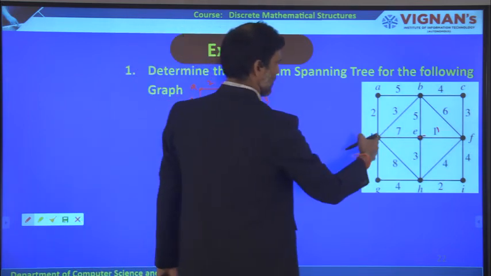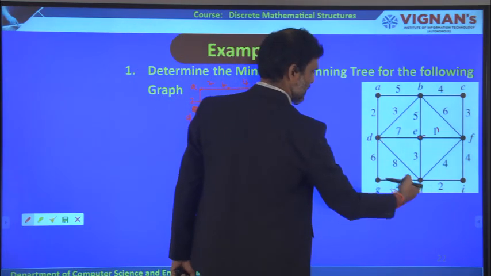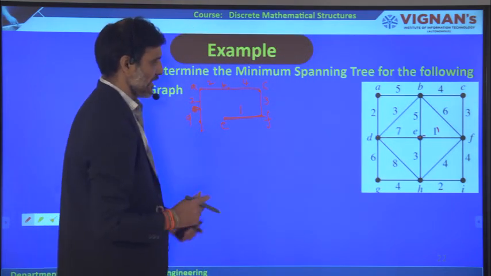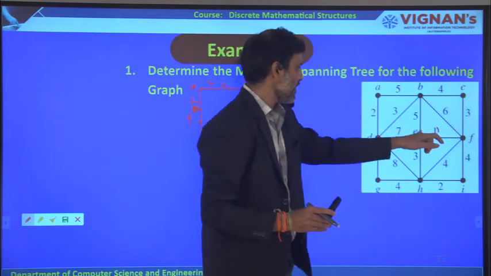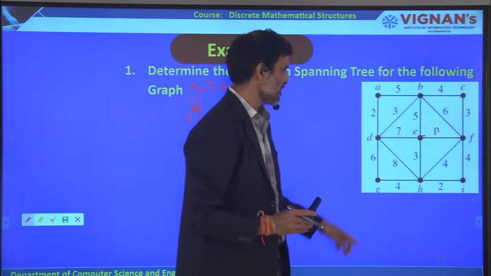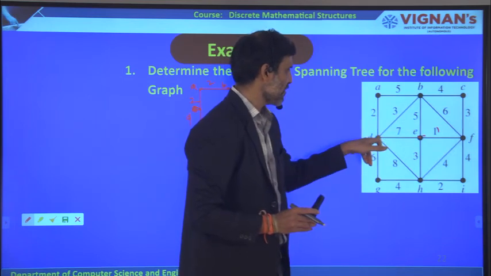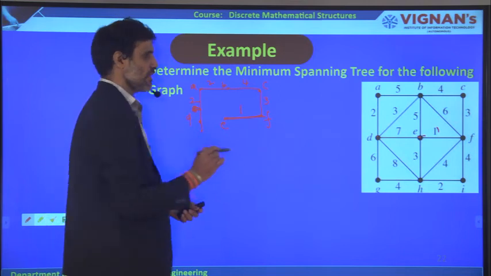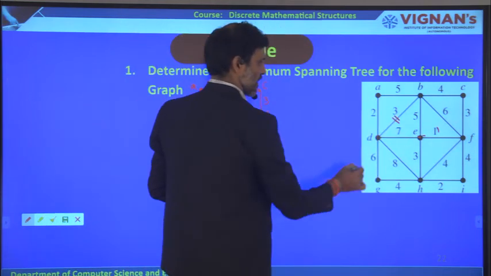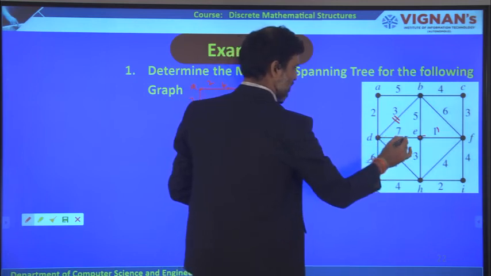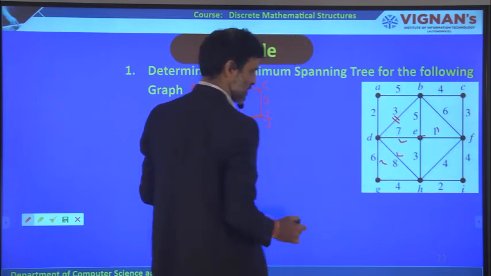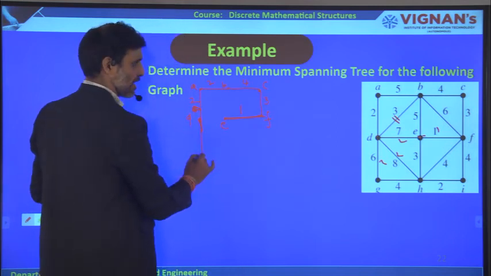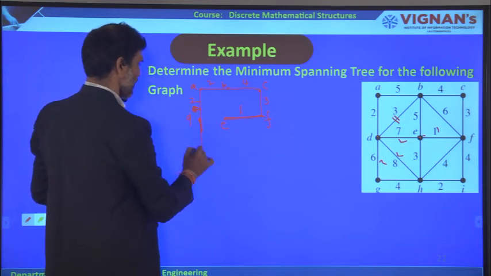Now come to the case of E. For E, B, E, H, all are what? Adjacent vertices. For D, B, E, H, G, all are adjacent vertices. But even though it consists of the minimum value, if you take this, what will happen? It forms a cycle. Therefore, you cannot take this one. In that case, the remaining edges are this one edge, this another edge, this another edge, of which D to G is the minimum one compared to the remaining edges, so we will go with D to G.